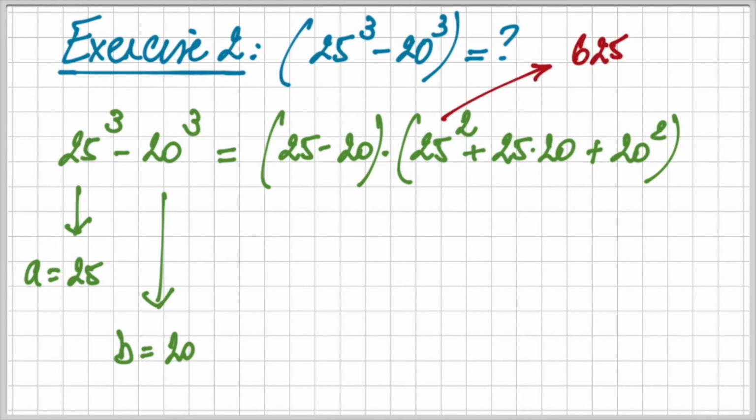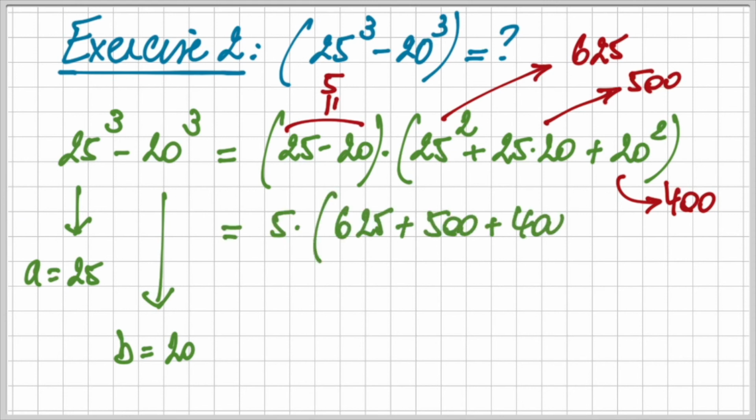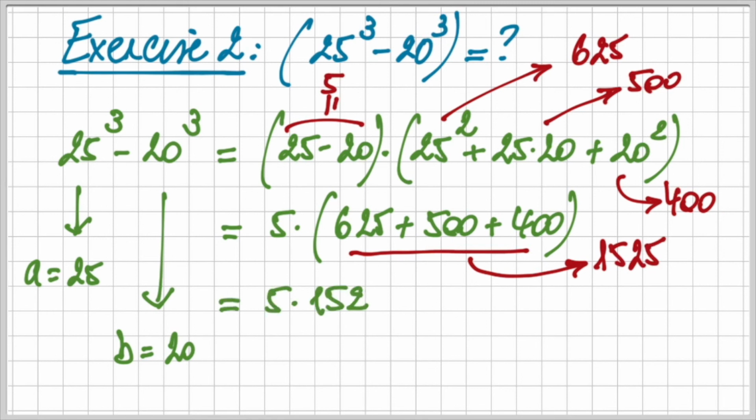25 squared, we know that this is 625. 25 times 20 is 500. And 20 squared is 400. We can also say that 25 minus 20 is equal to 5. So we can write this as 5 times 625 plus 500 plus 400, which is equal to 1525. So 625 plus 500 plus 400 is 1525. And we now see that we have 5 times 1525, which gives us